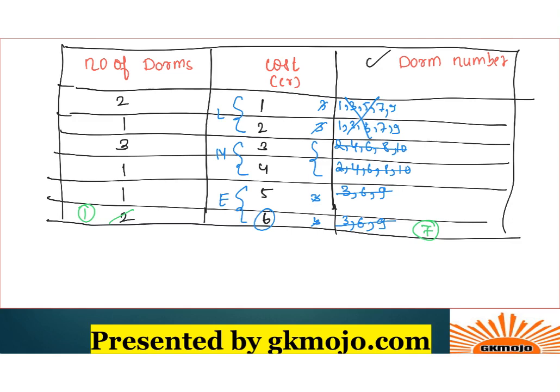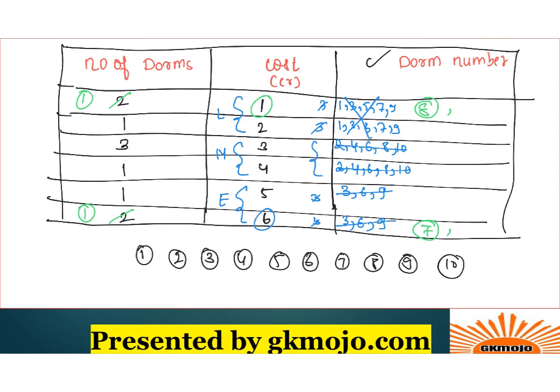Now it was also given that DOM 8 had the minimum cost, right? The minimum cost is 1 crore, right, over here. So DOM number 8 comes over here, and again over here only one DOM is left now. Besides this, only one more DOM will come, correct? So these are the basic things that we have discussed till now. Now we have placed DOM 7 and DOM 8. So this is the DOM number: DOM 1, 2, 3, 4, 5, 6, 7, 8, 9 and 10, right? We have placed 7 and we have placed 8.